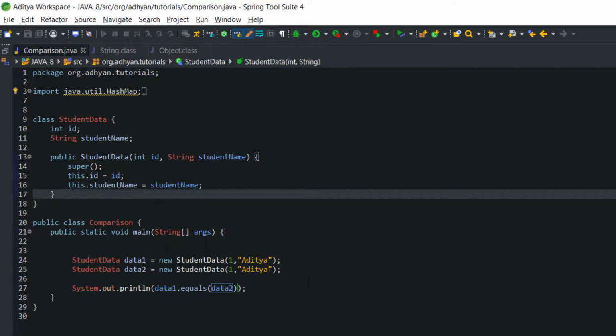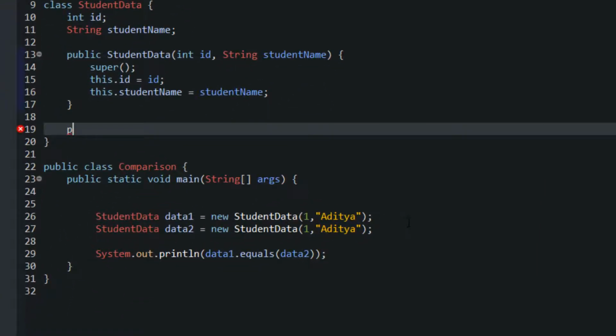For that, let's write our own custom method, public.